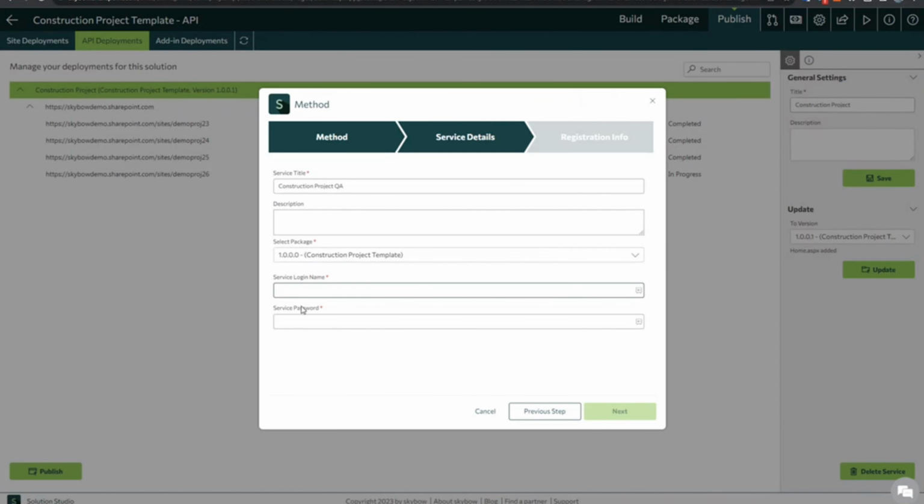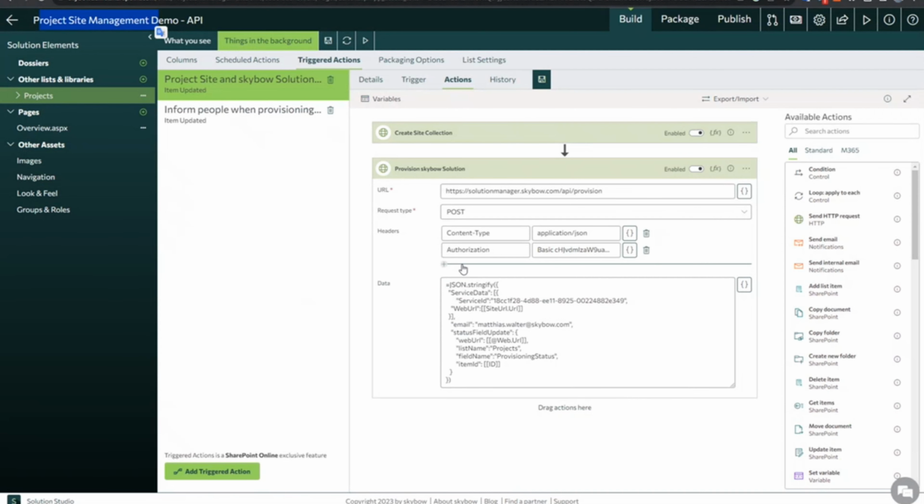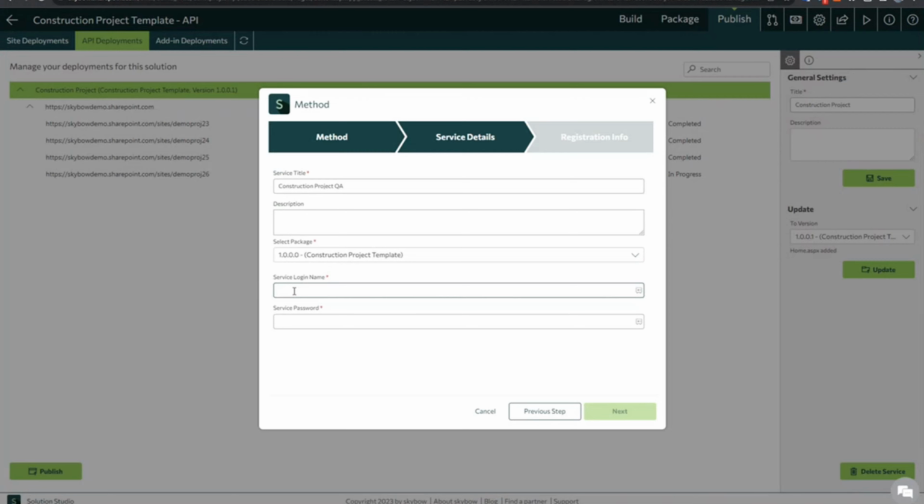But this login name can be any username and password combination. And this has to be used in the call for the API. If you need to call the API, this username and password, that's the one that you provide here. And that's more or less security for your service, for this template, so that not just everyone, only people who know the service name and password can run that